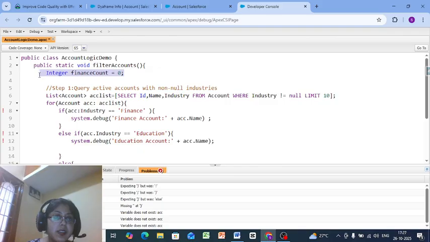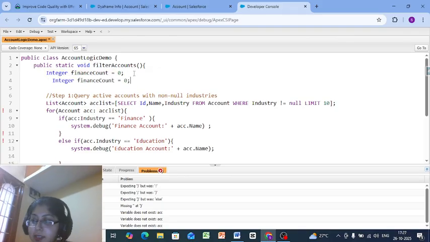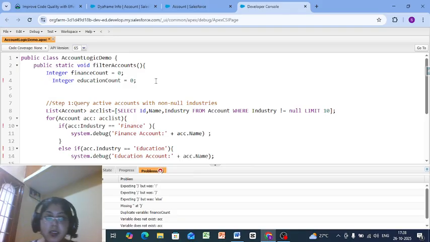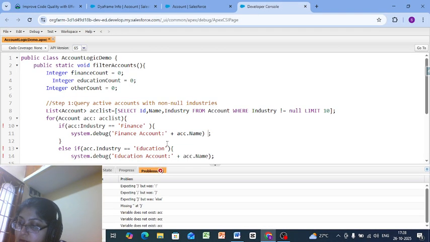And this is a statement we are providing so that the reference that we are providing towards our mechanism, that is the integral part of our conference, where I am placing integer education count as 0 and integer other count. So we should understand the providence that we are in place with, that our finance should be in place with the statement which we are quoting as a proof that the debug statement should be in place with the formulated evidence, that is